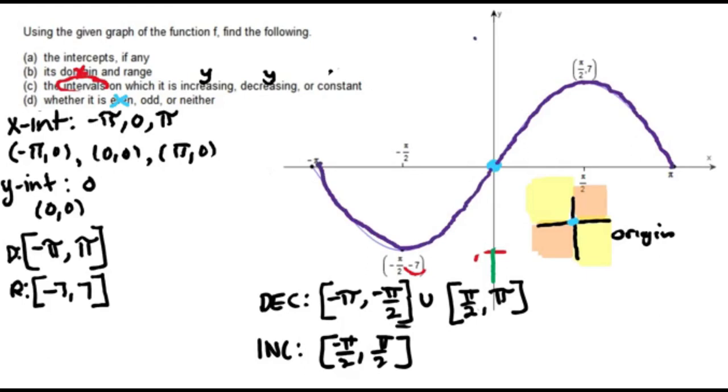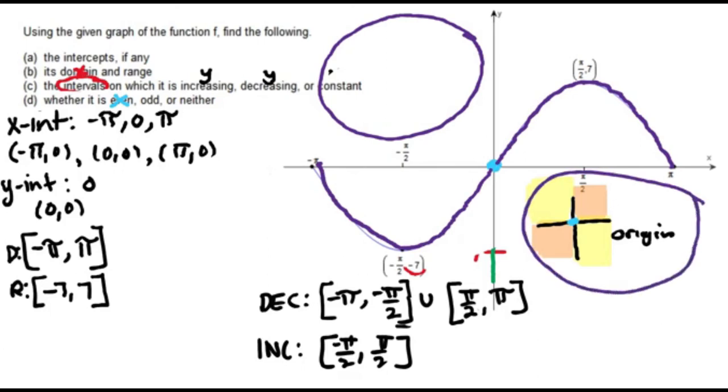And then in quadrant 2, we have a blank, meaning that there's no piece of the graph in that quadrant. And we also have blank in quadrant 4. So it looks like a mirror image, but if we want to be certain, we can think